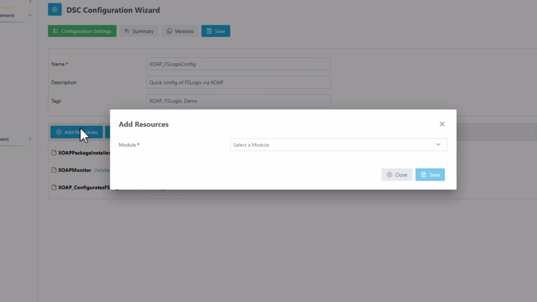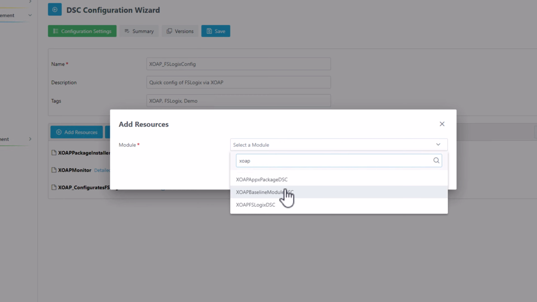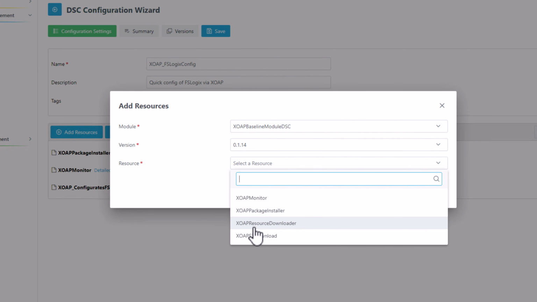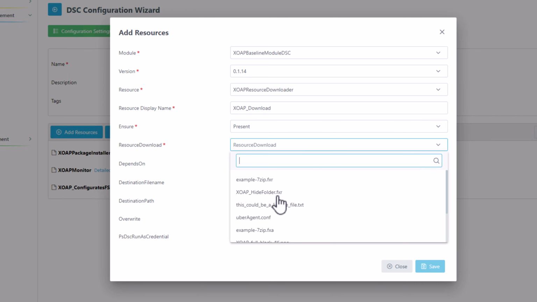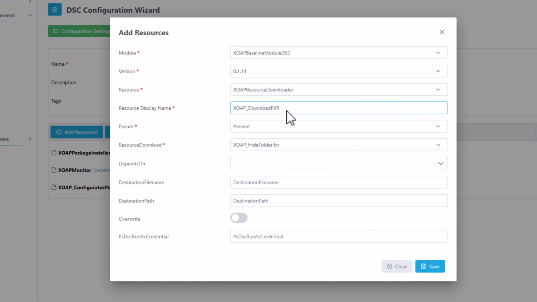So to do that, I'm going to click Add Resource, select XOAP baseline module, select version, select XOAP resource downloader resource, ensure that this file is present, select the resource which I want to download, define the name of the file on the server when it's downloaded, and add destination